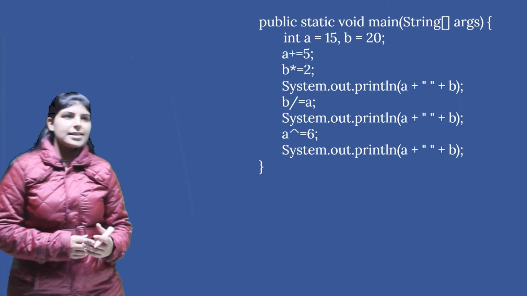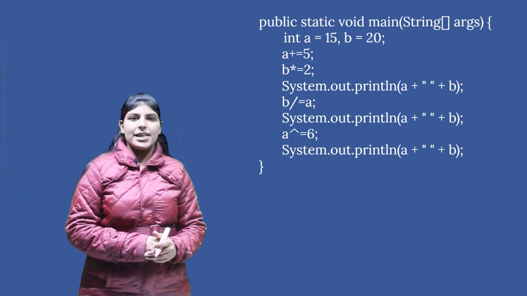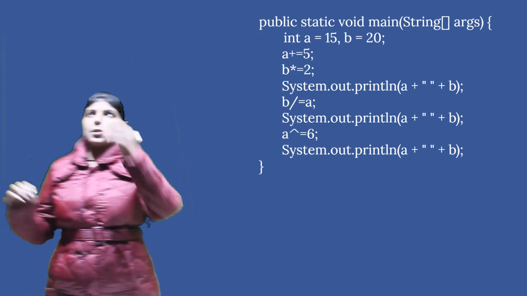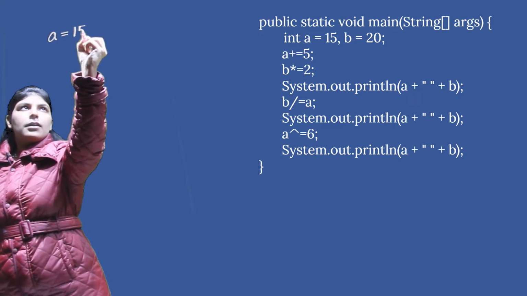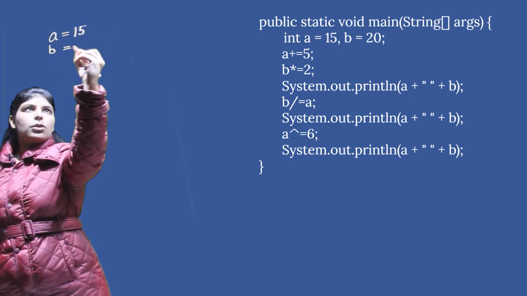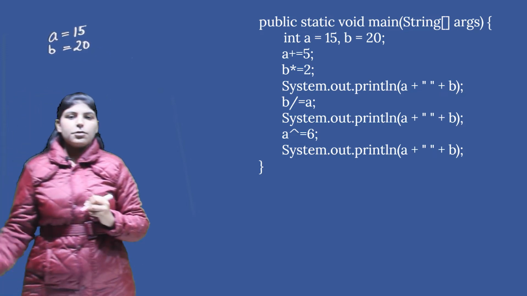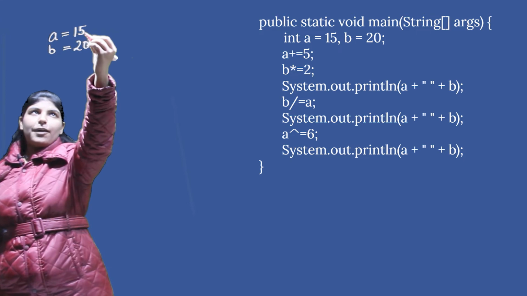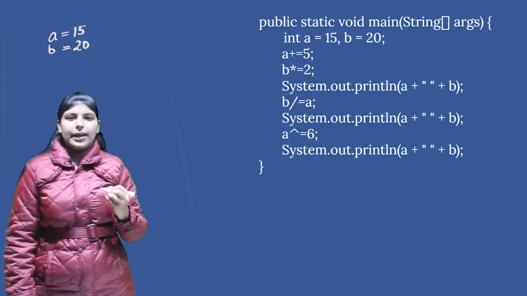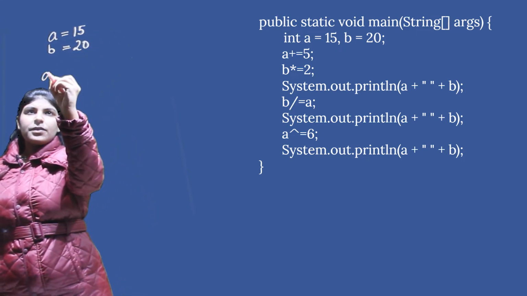So now let us see an example. Here I have two integer variables a and b. So a is given the value 15 and b is given the value 20. So first I have a plus is equals to 5. So I'll add 5 in a and I'll store back in a. So a will become 20,